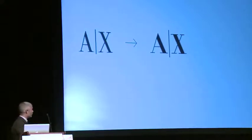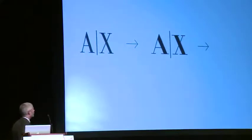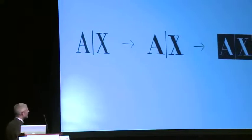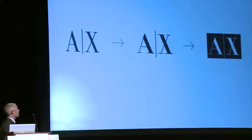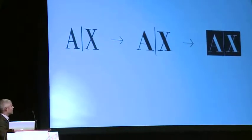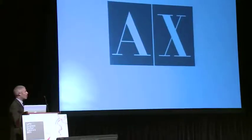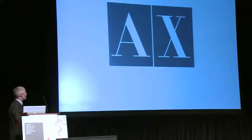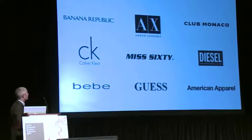But then there's still the issue of the mark being really light. So while playing with it, all of a sudden we stumbled on something and said, wow, what if we reverse them out of two rectangles, and then the space between them just becomes this slash, and that's it. So the mark is still kind of elegant because the typeface still has those thick and thins, but now it's a bold mark. And when we presented it to them in applications, showing them how before they had no visual impact and all of a sudden they do,